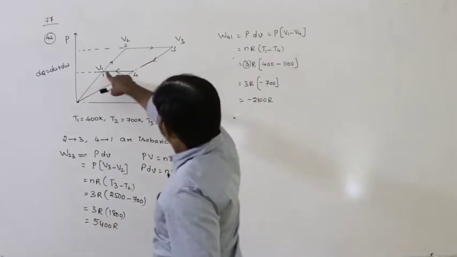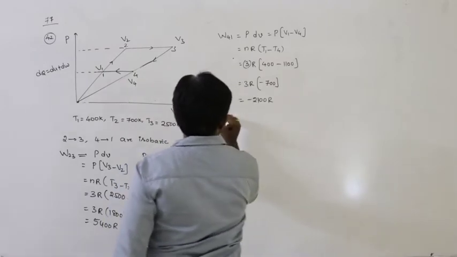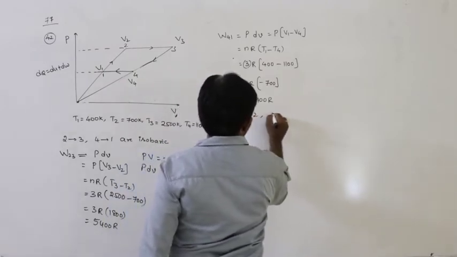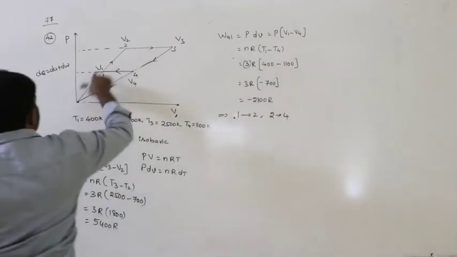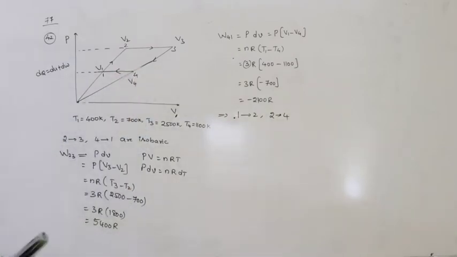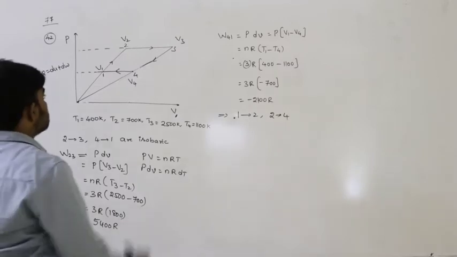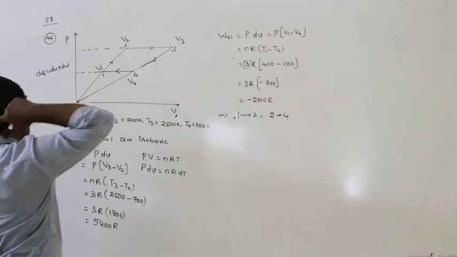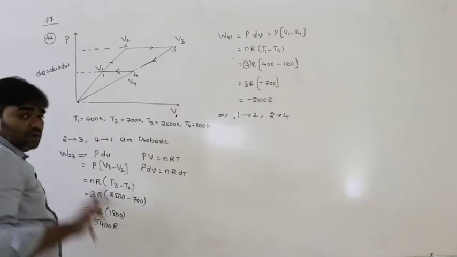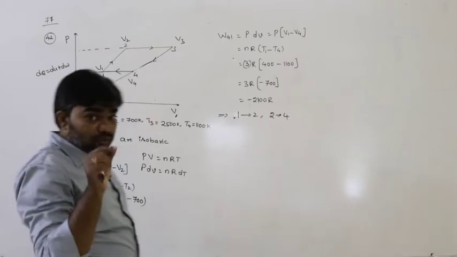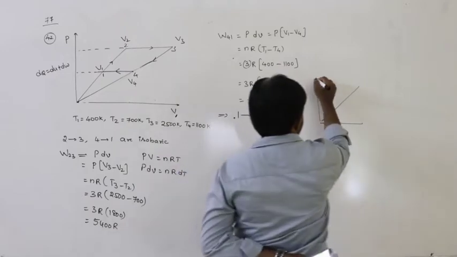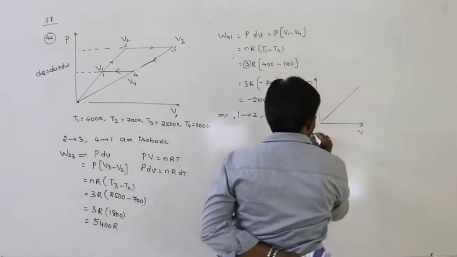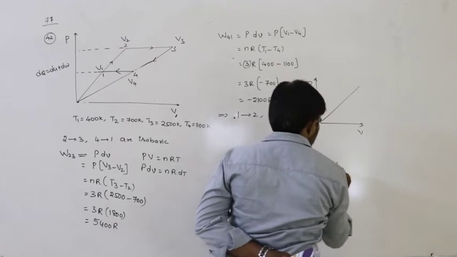Next, what about 1 to 2, 3 to 4? Actually, these are the shape of the graphs. The shape of the graph passes through the origin. What is the meaning of this? What is the graph here? Pressure and volume. For this pressure and volume graph, a straight line passes through the origin. But what we know, in case of a pressure and volume graph, is that this is the graph